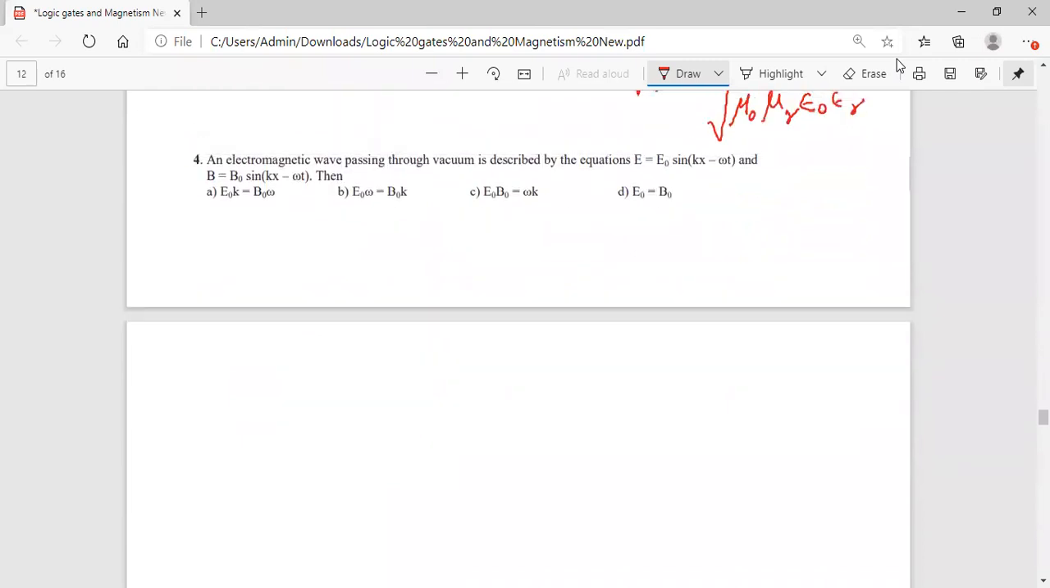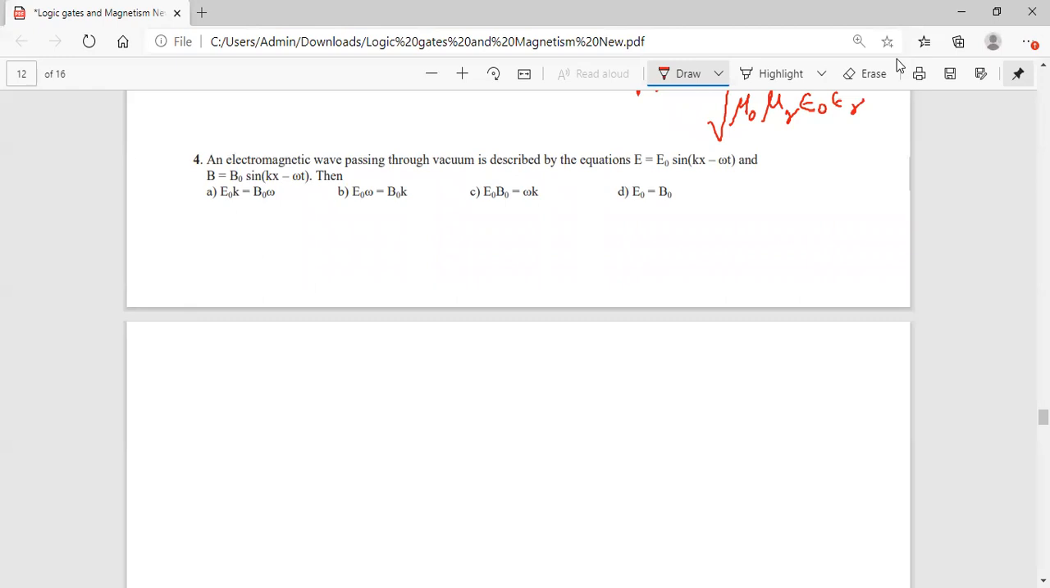An electromagnetic wave passing through vacuum is described by the equation E is equal to E naught sine kx minus omega t and B is equal to B naught sine kx minus omega t. Then...